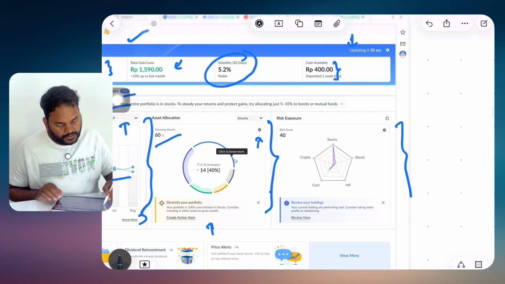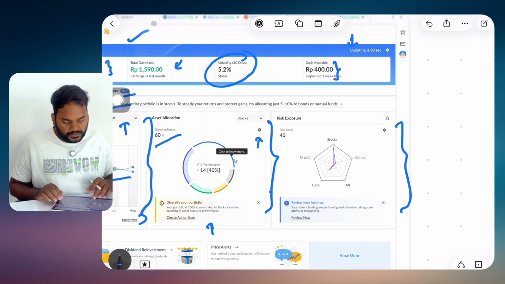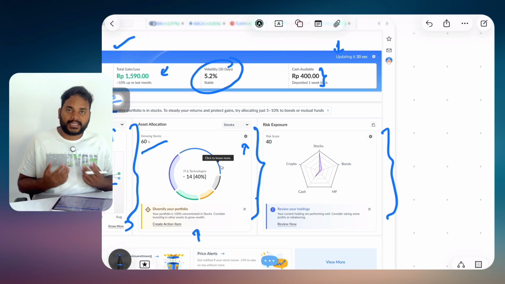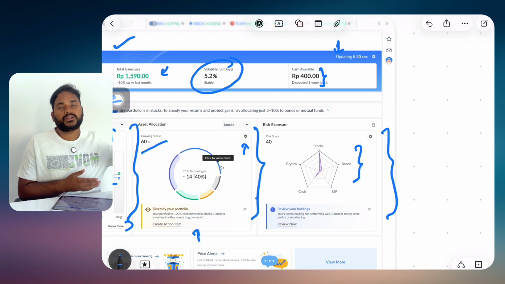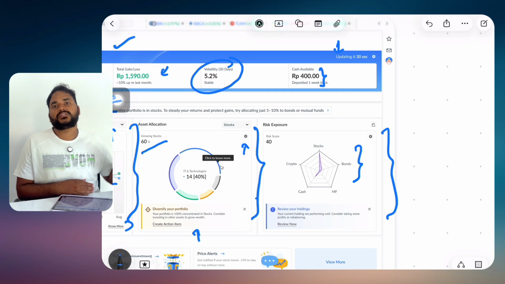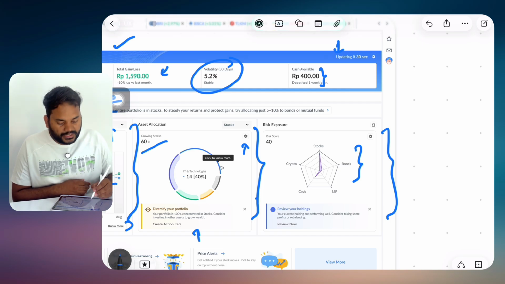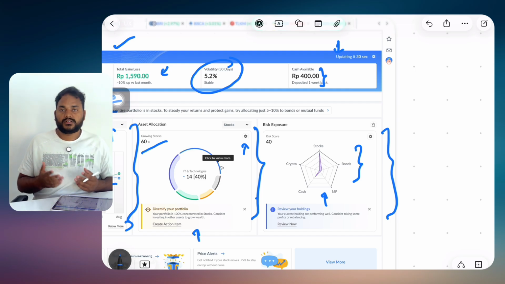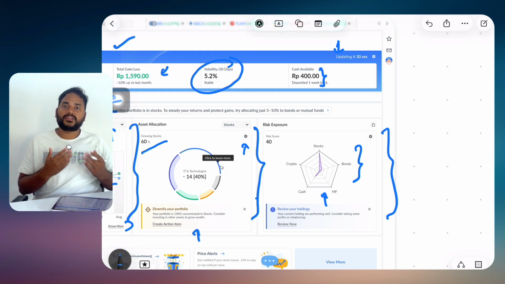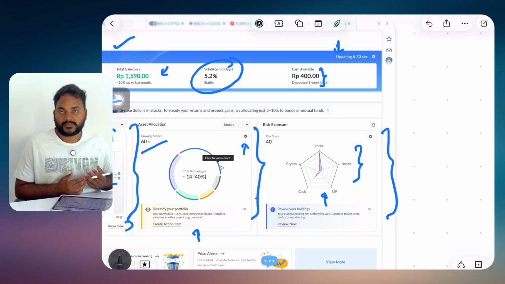Next we have risk exposure, which is more interesting. With this particular graph you can understand directly where you have invested and where you can invest, and right now we have 5. If the company adds more instruments or opportunities for the user to invest in, those will also come in here. So this area exposure graph acts in two ways. One is informing the user where they stand, and the second is informing the user about new investment opportunities that are coming up.